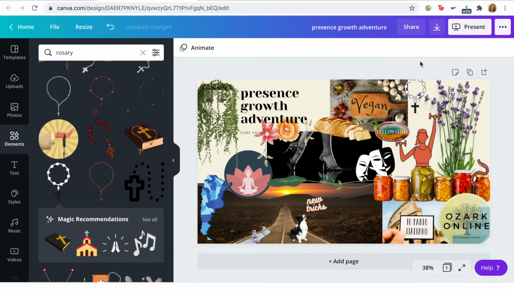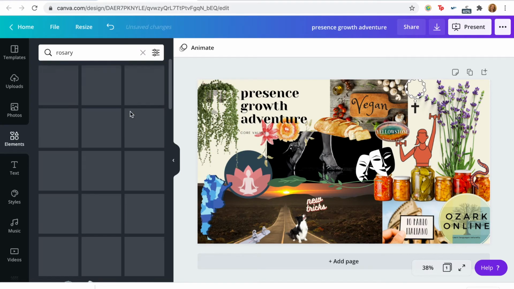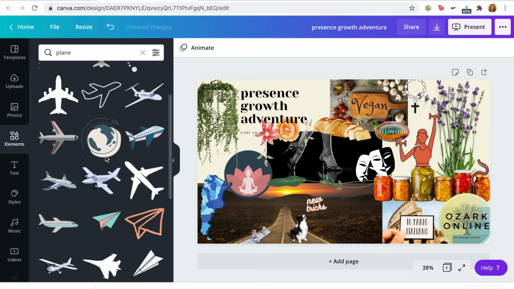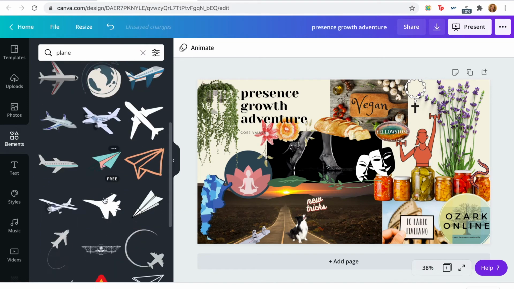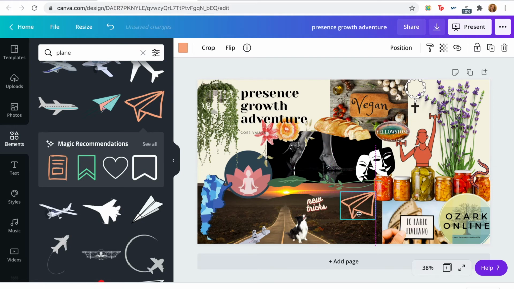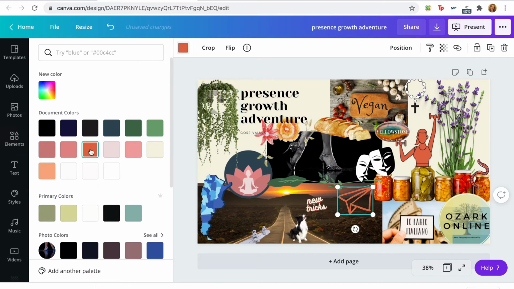Without really even trying or having a plan in mind, I kind of created this vision board, if you will, and it has a little bit of a stair-step effect. In the middle, you've got the bigger picture on the bottom of the road, then the medium picture in the middle, and then the small vegan picture on top. So it kind of has that nice diagonal, but you'll see I just keep tinkering with it, trying out different